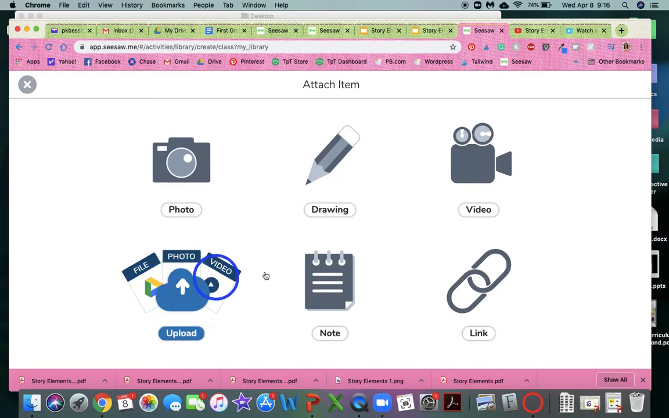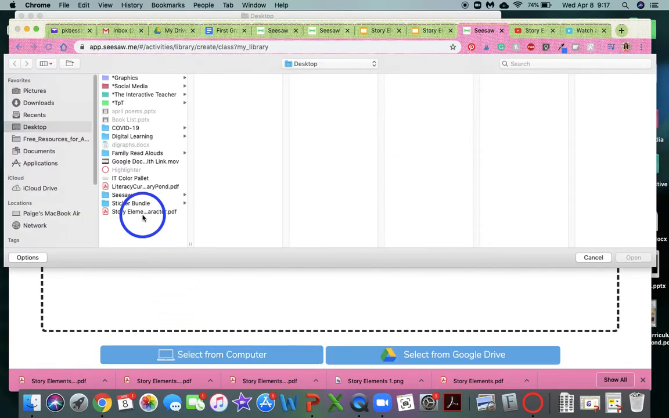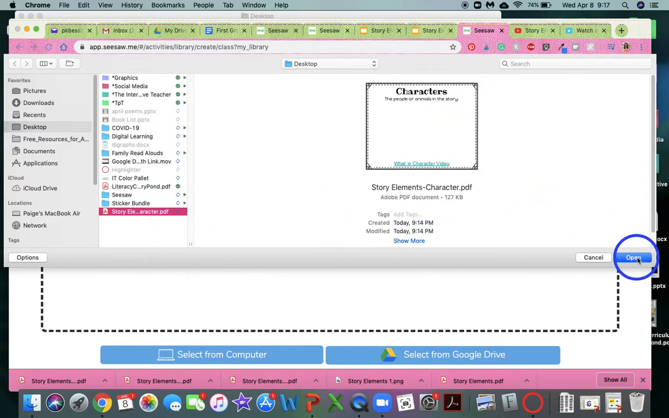Again, I'm going to go to upload. I'm not going to share the link because it'll go into Drive, and then they'll have to have access to it. So remember, I downloaded it as a PDF, and so I'm going to go to upload, select from my computer. I'm going to go to story elements. There's my activity, open,